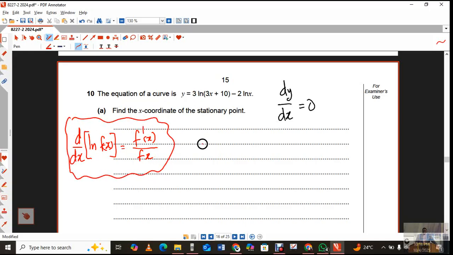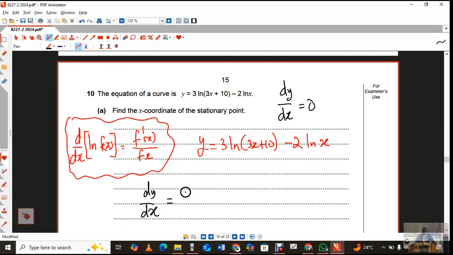So I can write this as, let me write the equation. It's 3 natural log of 3x plus 10 minus 2 natural log of x. And also, the derivative of the natural log of x is nothing but 1 over x. Something you should know. Right, so dy/dx